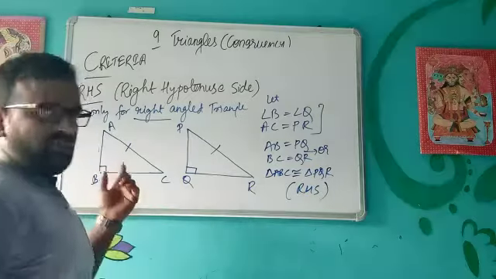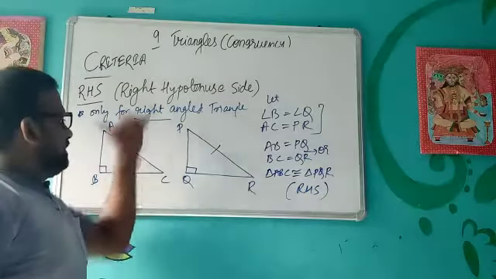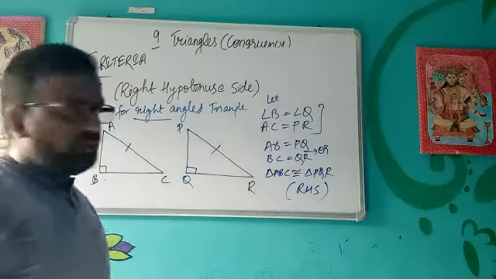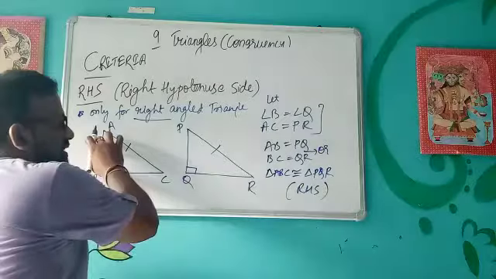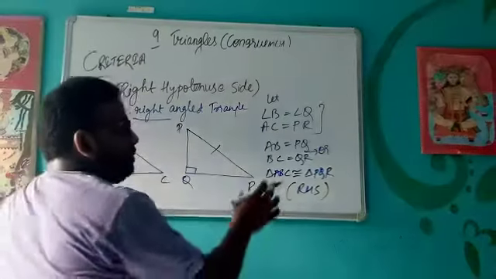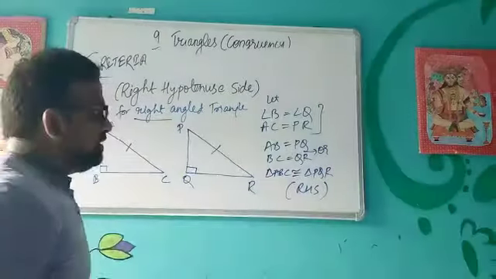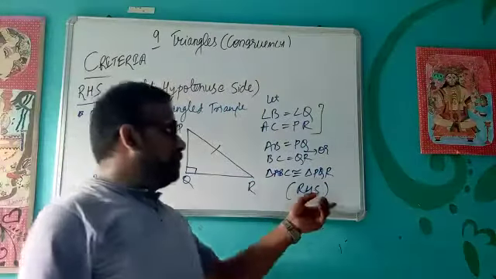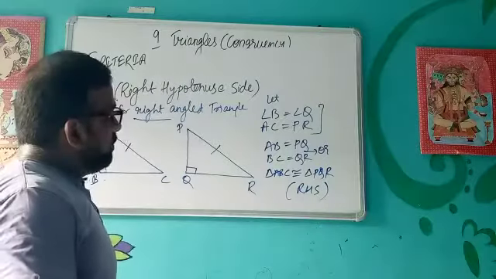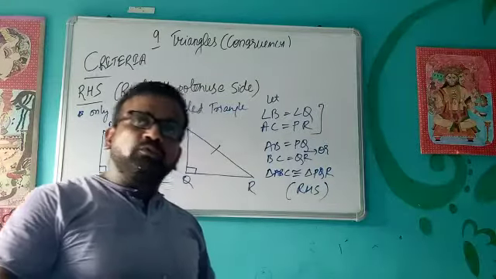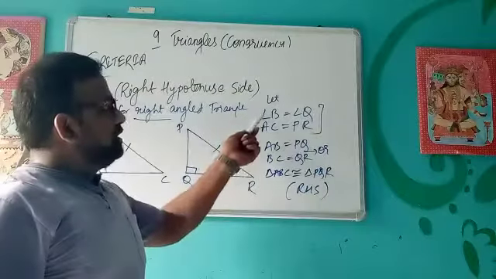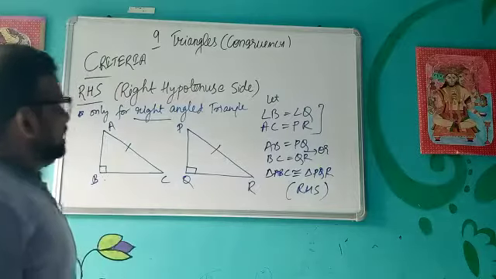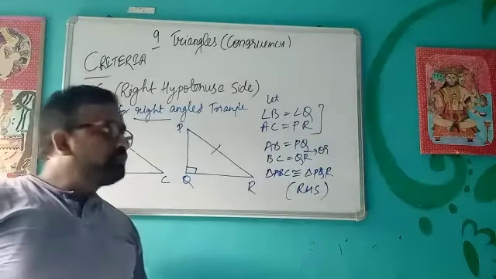One more time I am explaining. So right, that means right angle triangle. Hypotenuse, that means their hypotenuse should be equal to each other. And in the remaining pairs of sides, two pairs of sides are left. If any one pair of sides is equal to each other, then we can say that those triangles are congruent to each other by right hypotenuse side criteria. So whenever you are applying this criteria in the right angle triangle for proving congruency, remember these two are compulsory, and then either of the sides should be equal to each other. Then you can use this RHS criteria.